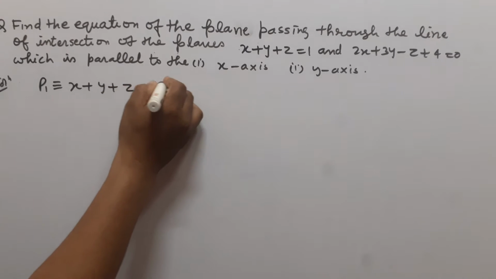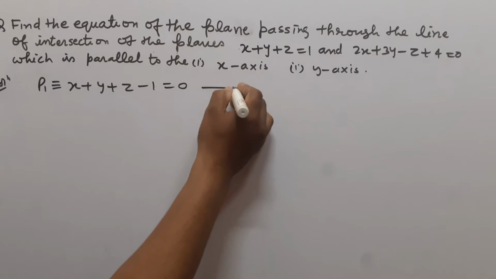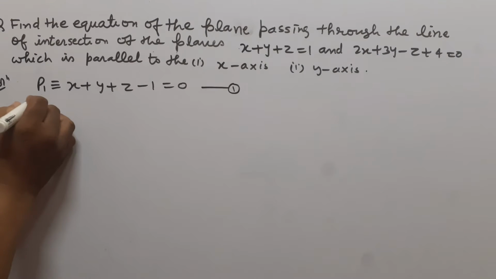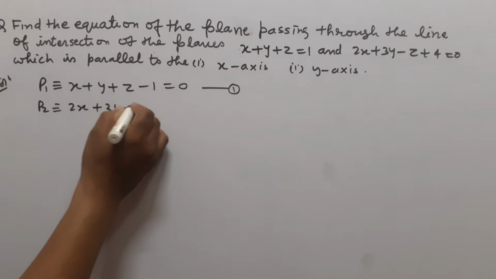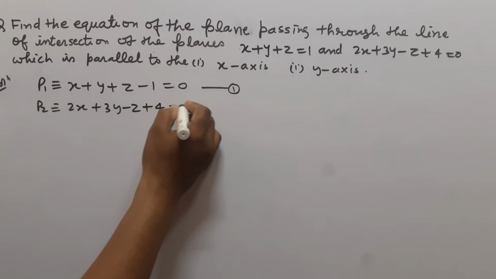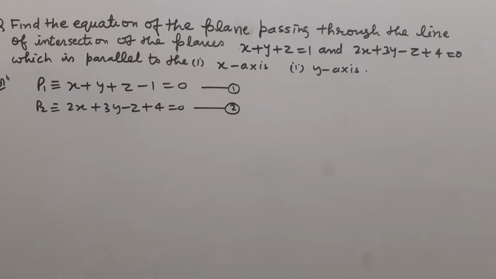Here the given plane P1 is x plus y plus z minus 1 equal to 0. This is the given plane. And the second given plane P2 is 2x plus 3y minus z plus 4 equal to 0. There are two given planes, P1 and P2. We have to find the equation of that plane which is passing through the line of intersection of the two given